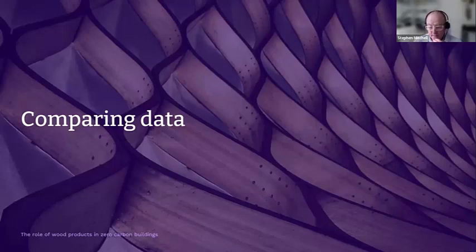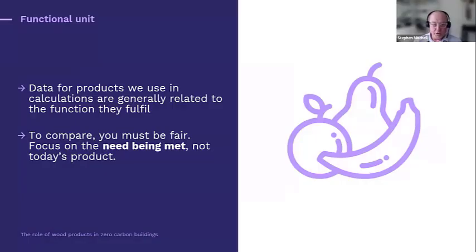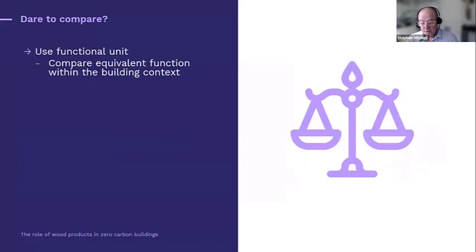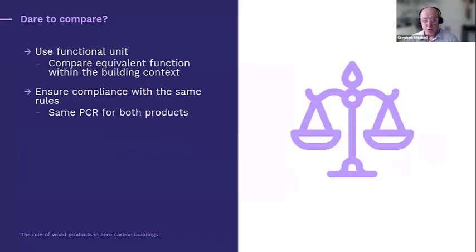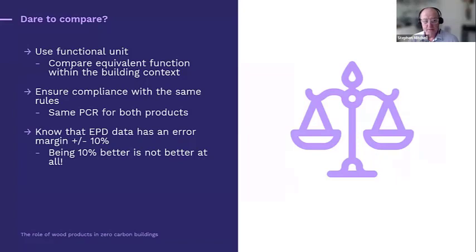Comparing data, we generally say you've got to be fair when you compare data. You relate to the function that they fulfill. So use a functional unit, compare equivalent function within the building context, and ensure the EPDs comply with the same rules, the same PCR, for both products. Also, you should be aware EPD data has an error margin of plus or minus 10%. Just because something is slightly better doesn't mean it's better at all, because there is that plus or minus 10%